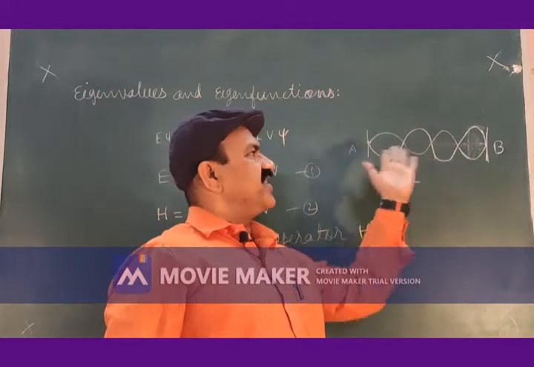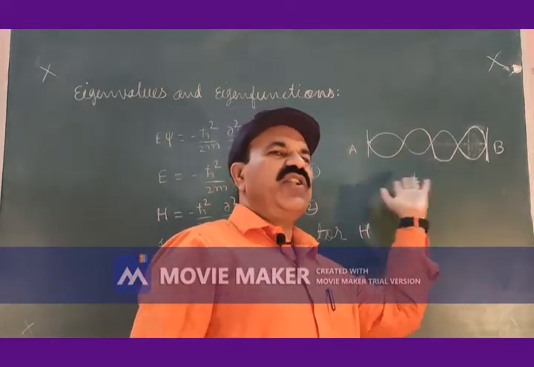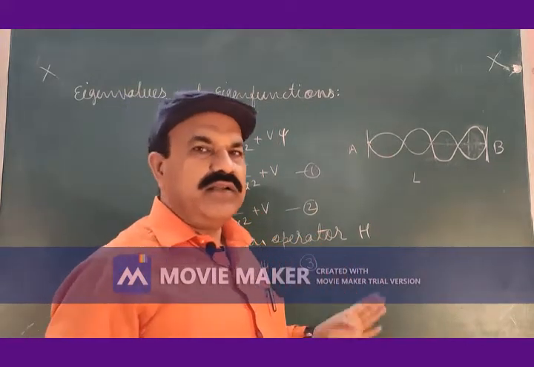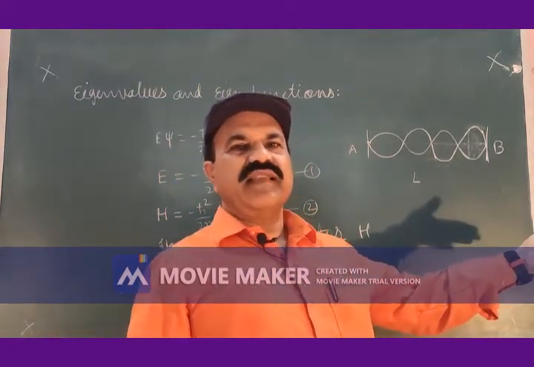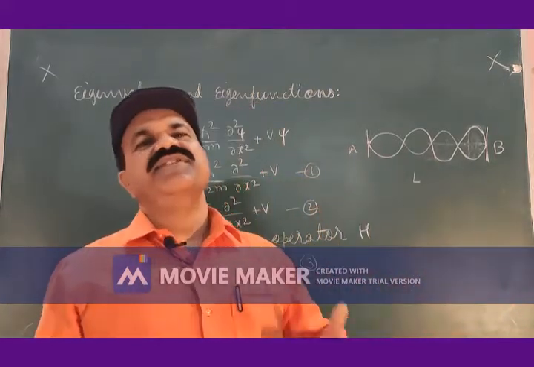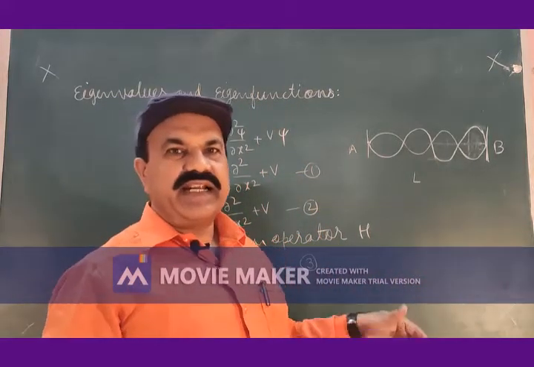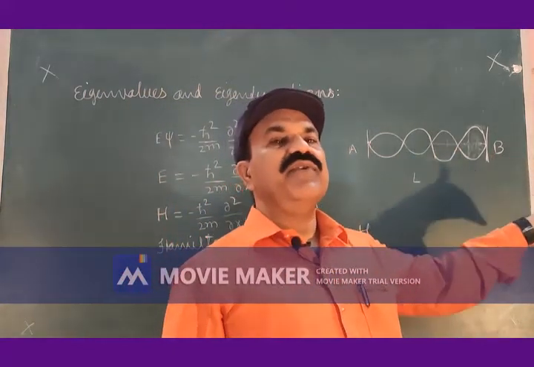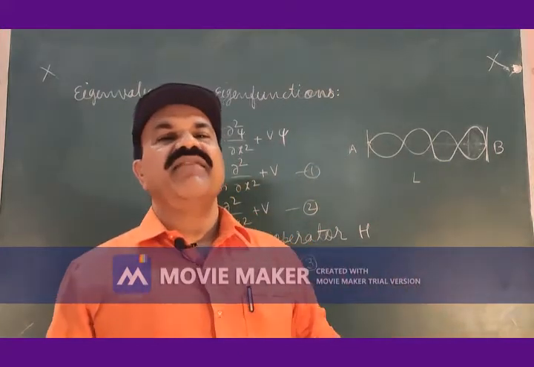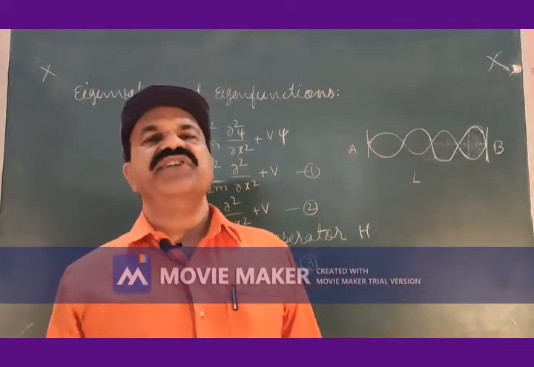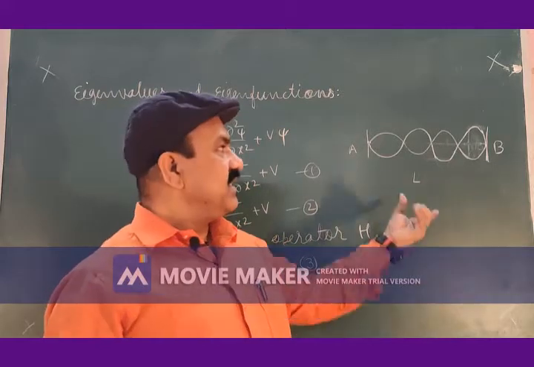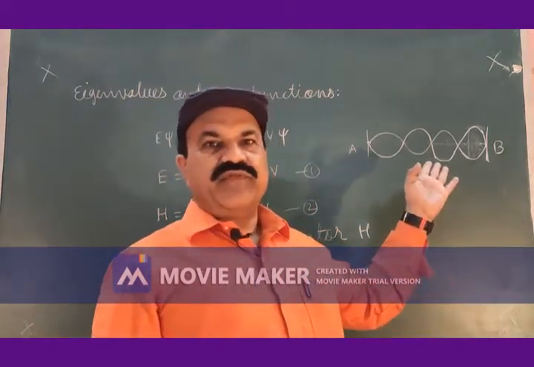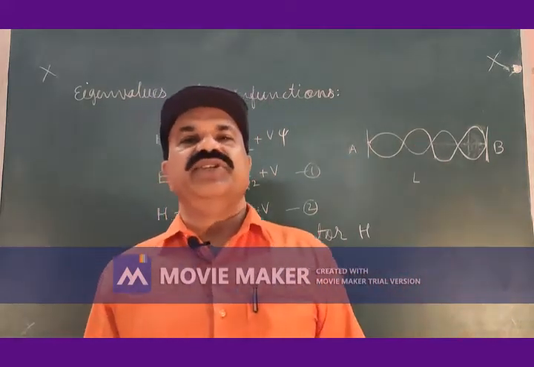Let us suppose this is the x-axis. This is the direction along the x-axis. Then the waves are moving along the positive x direction as well as along the negative x direction. If direct waves move along the positive x direction, reflected waves will move in the backward direction, that is along the negative x direction, and there will be superimposition of these two waves which will form the stationary wave pattern.